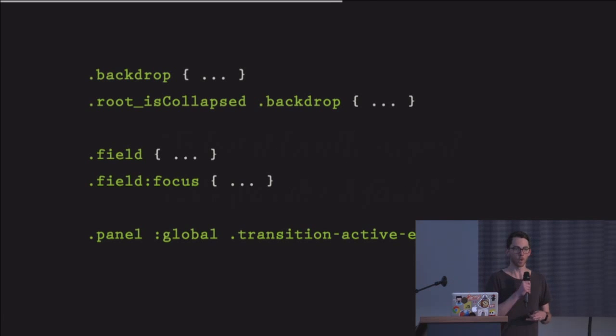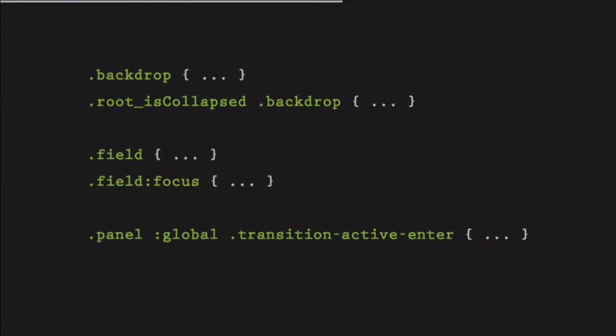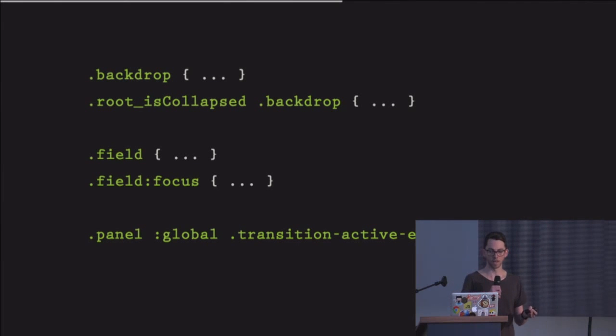So what we did is we opened up a new tab in our editor and we experimented just with the API. We said, what if we could transform this automatically? What if we could drop all of that local, all of that noise around all of the selectors and just write the classes? If we needed to have a global class in that odd exception, we flipped the model around. We said, what if we had :global? So in this case, we're saying our locally scoped panel class nested inside it is a global class called transition